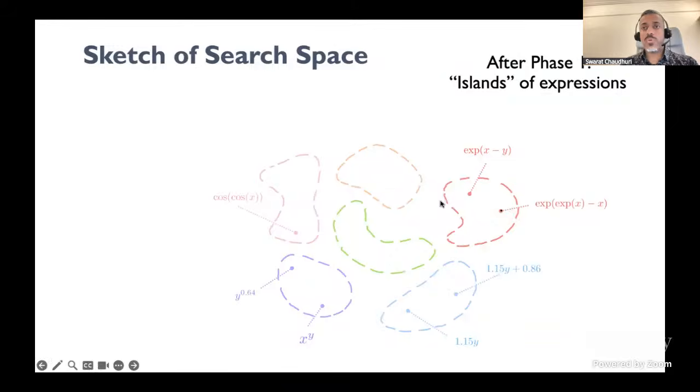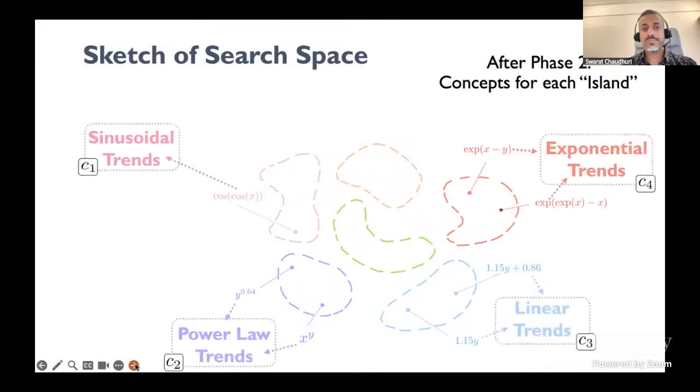So one way to visualize this is that after the first phase, when you have done this hypothesis evolution, you may have these islands of different kinds of expressions. Now, in the concept generation process, concept discovery process, you're going to get these natural language descriptions of these different islands. So this is sinusoidal trends, this is power law trends, this is linear trends, this is exponential trends, and so